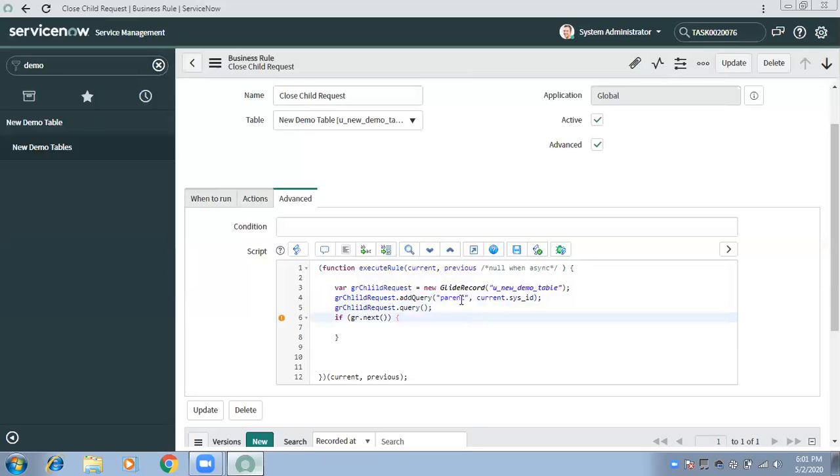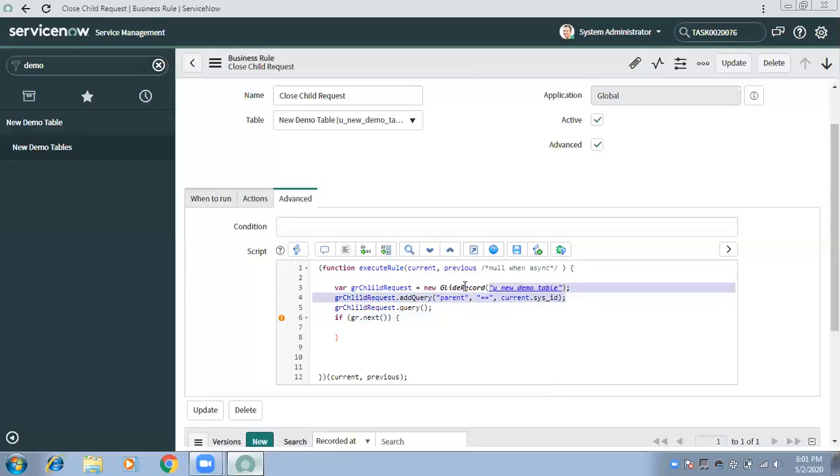Yes. Now, when you are using the addQuery method, you see two parameters, right? There can be three parameters, and the third one will be the operator. So here I can use it like this. I have to tell the compiler whether it is equal to or not equal to, right? Compare parent is equal to this sysID.